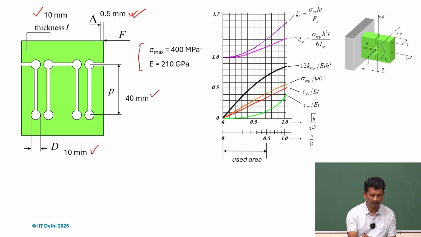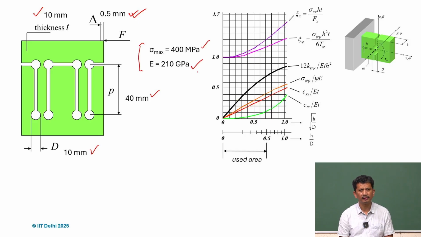Given these dimensions, what are the other dimensions missing? For instance H, the thickness of the hinge,